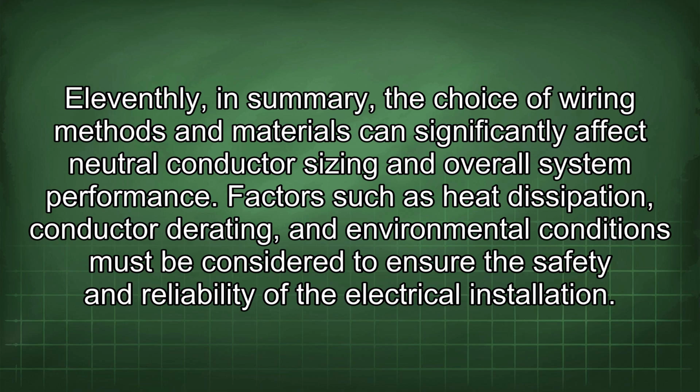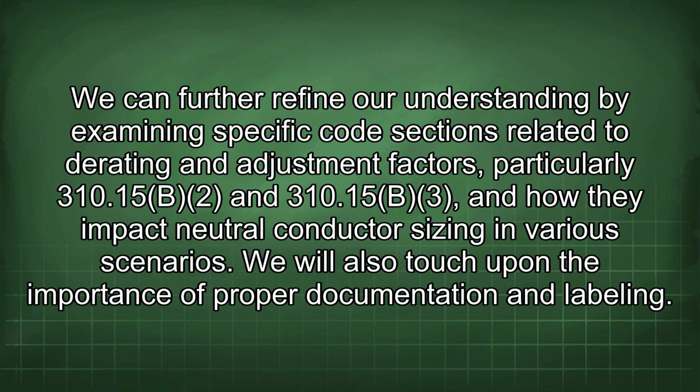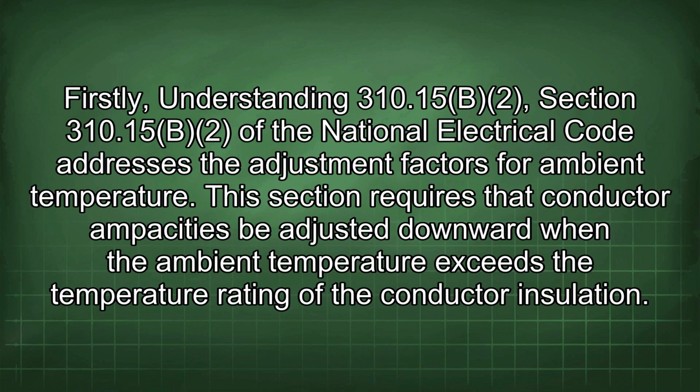the electrical installation. We can further refine our understanding by examining specific code sections related to derating and adjustment factors, particularly 310.15(B)(2) and 310.15(B)(3), and how they impact neutral conductor sizing in various scenarios. We will also touch upon the importance of proper documentation and labeling. Firstly, understanding